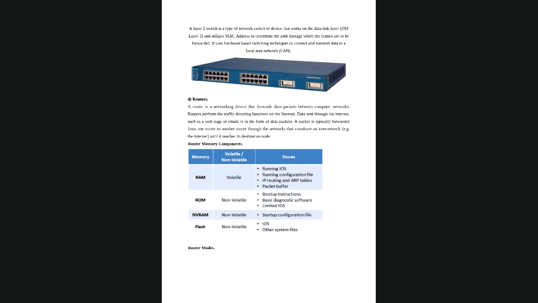Whereas in the case of switches, the thing is that it has only one broadcast domain, which means that it is very easy for a hacker, if a hacker gets into your network, to get access to that particular switch and get the data, whatever transmission is being done from one device to another device or anywhere.